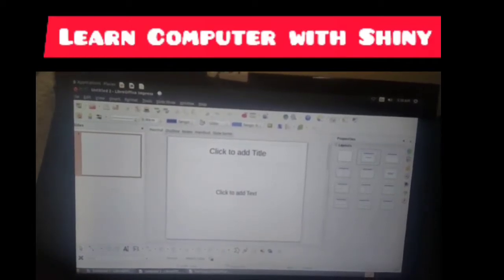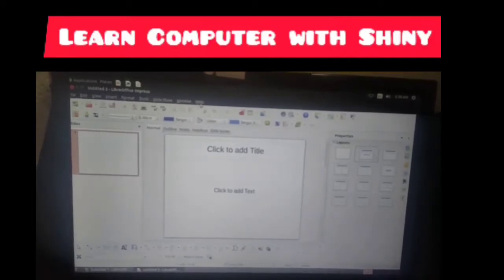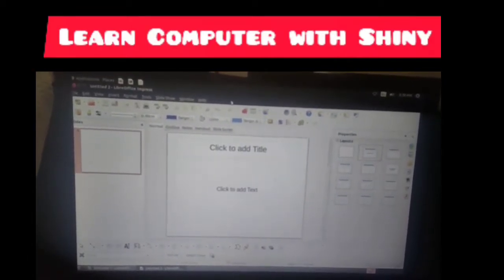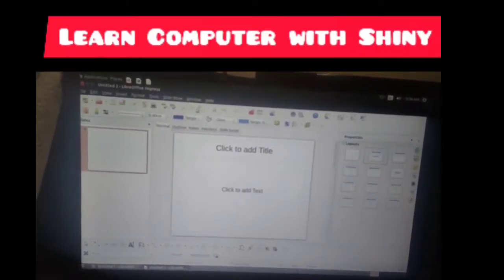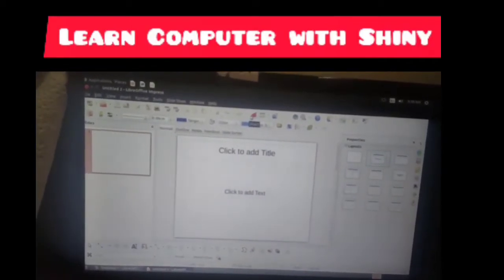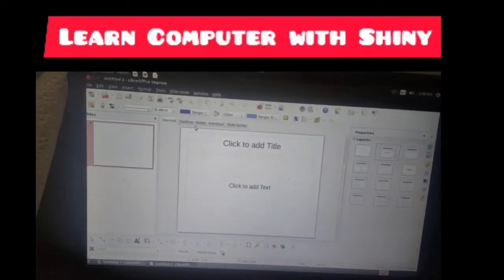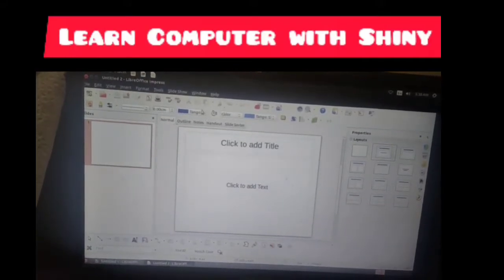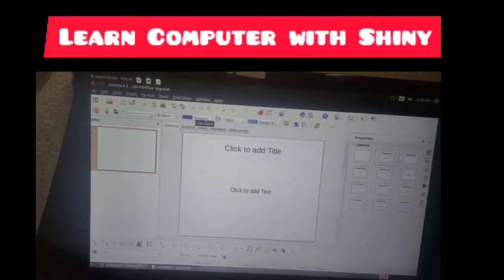Now here, this is the title bar, and here is the menu bar where you can see the menus, and this third bar is the standard toolbar. These are slide view buttons. This fourth bar is the line and filling toolbar.